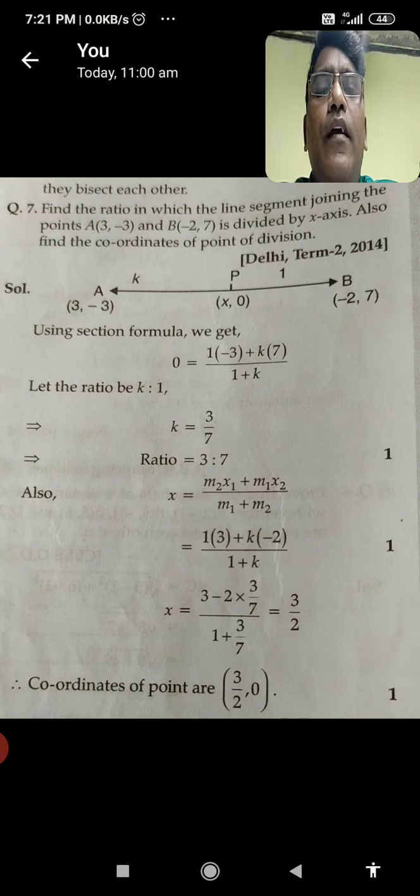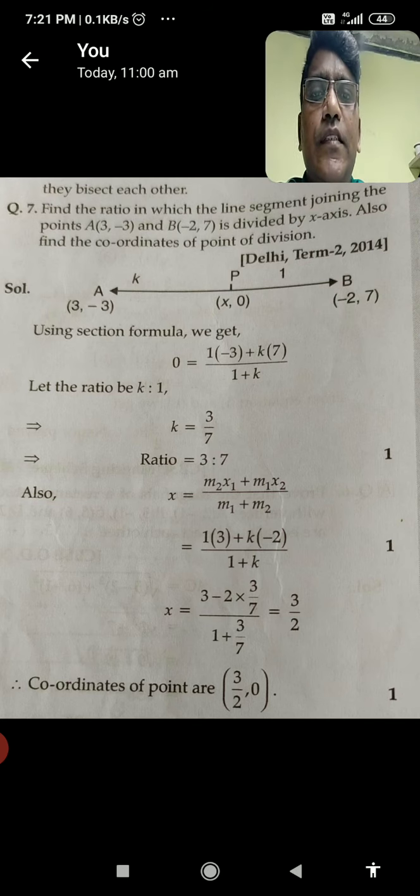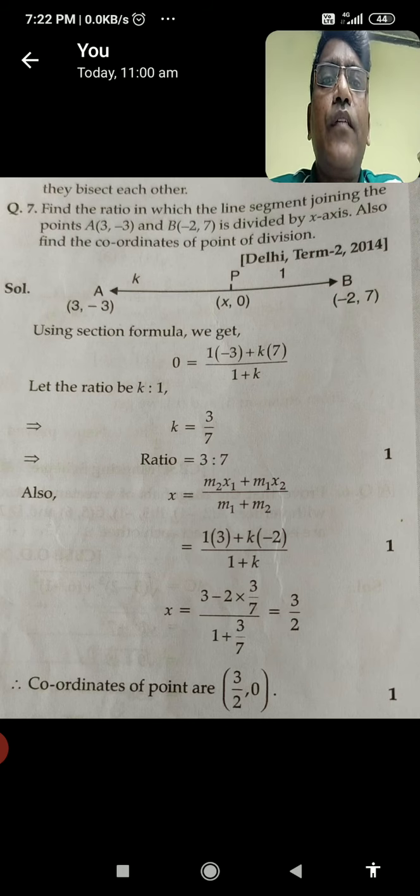Okay, I am trying to explain the section formula. I have given the derivation of the section formula in the chapter videos, and you can clearly observe that. Before watching the revision part, you need to watch the lesson-wise videos first, then come back to the revision.